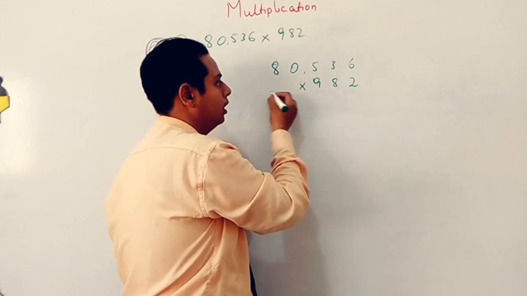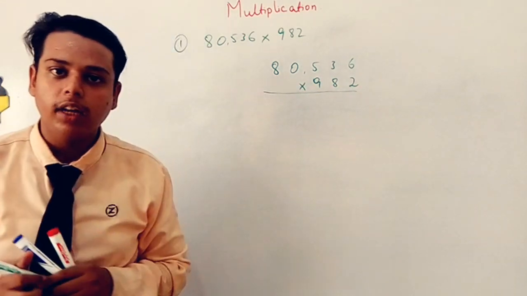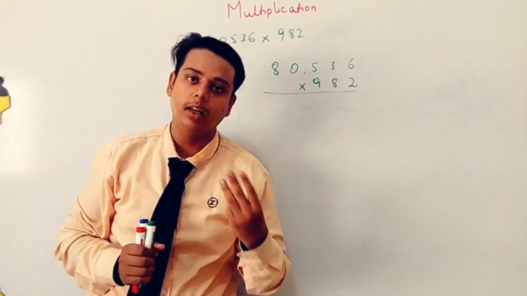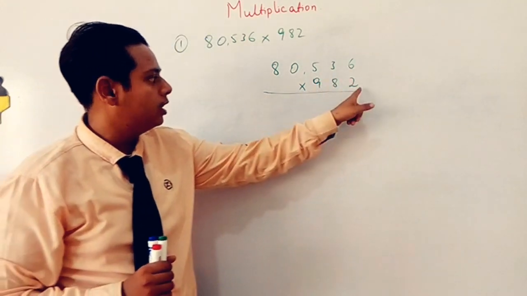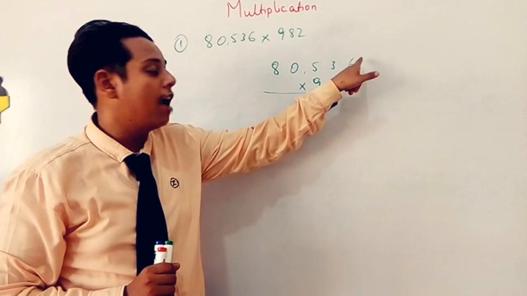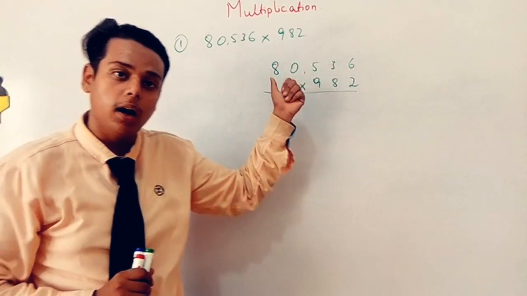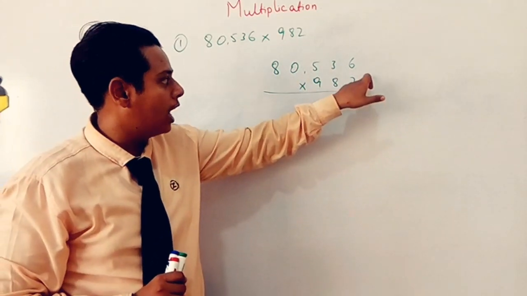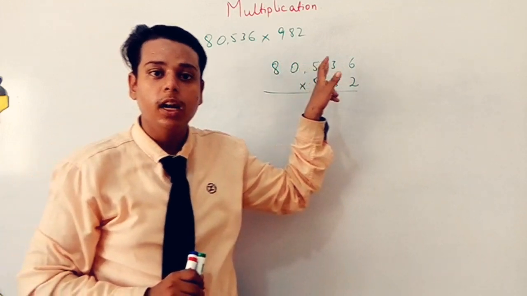Now simply multiplication. As we have done with the 2-digit numbers, we have to do with the 3-digit numbers as well. Means each number which is down over here will be multiplied with every number present up. Right? यानी जो नीचे वाला नंबर है वो सारे ऊपर वाले नंबर से क्या होगा, सिंपली मल्टीप्लाई होगा.